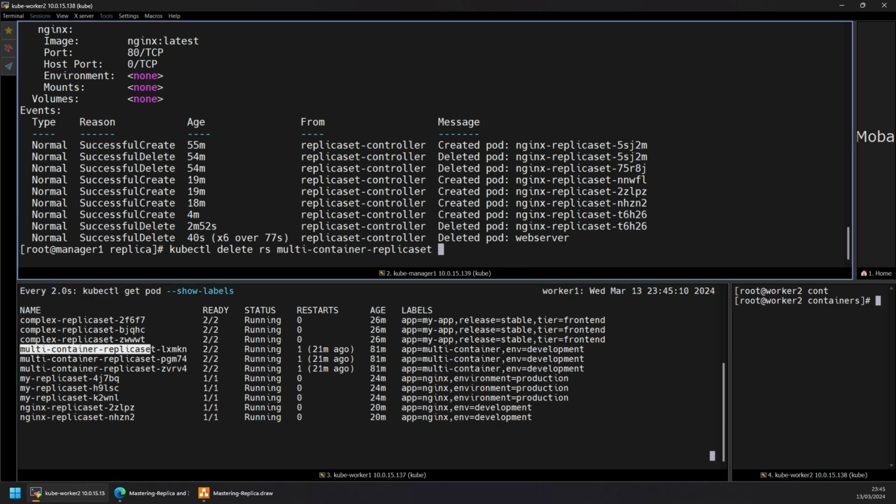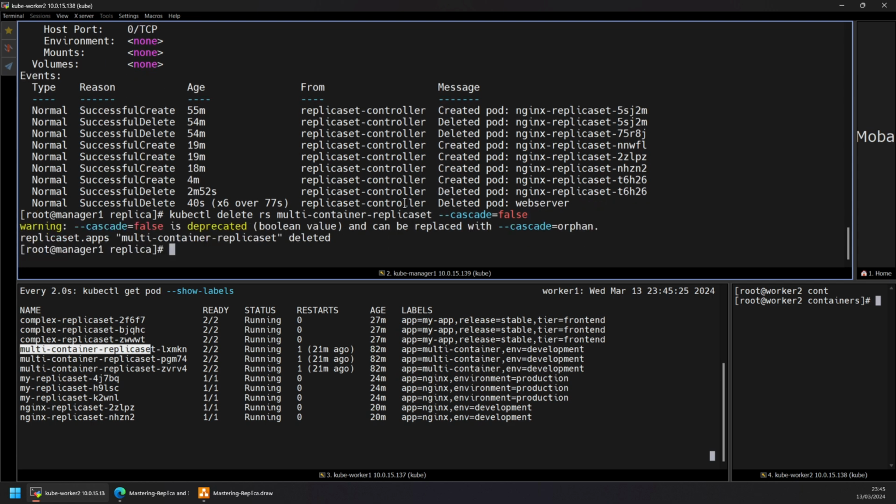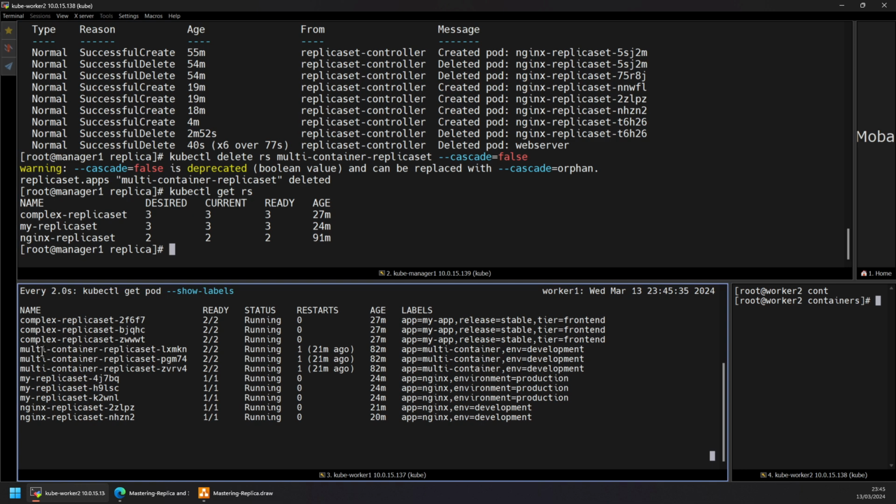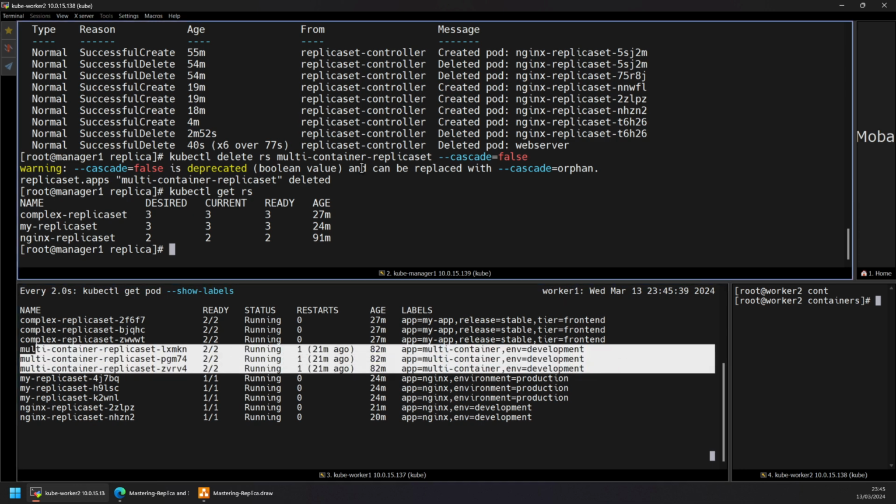And you have to give --cascade equal to false, which means that it is not going to cascade the removal of the pods when you remove the replica set. So we'll just enter this. You can see that it says replica set deleted. When we do rs get, you can see that the replica set has been removed, but your pods are still running. So what we will do, we will use kubectl apply